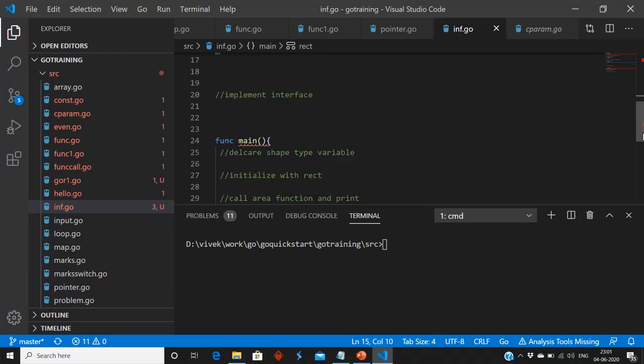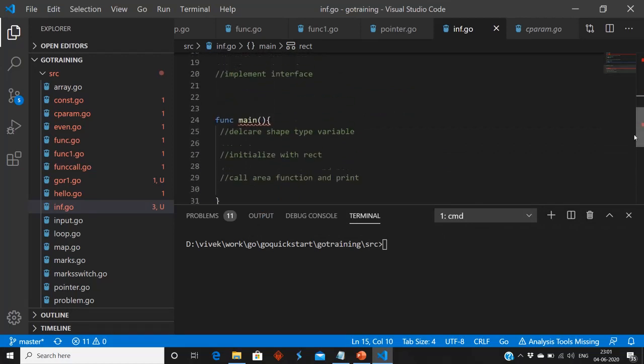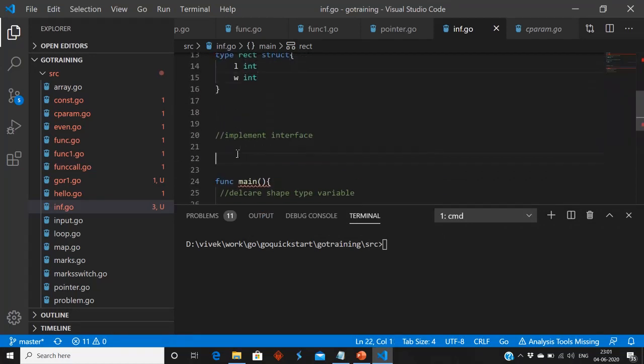Now we are going to implement the area method. So for implementing the area method, what do we need to do? Func area. It is going to return int. Okay, who is going to implement it? Rect is going to implement area.